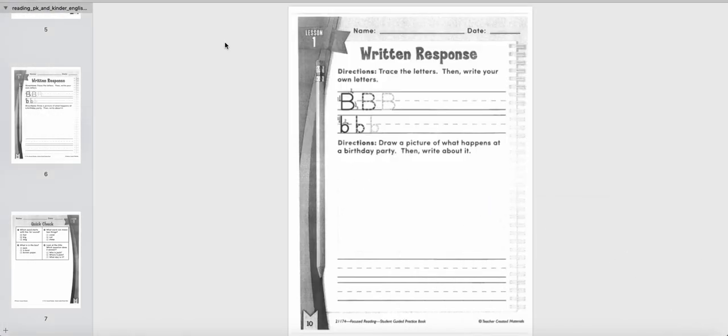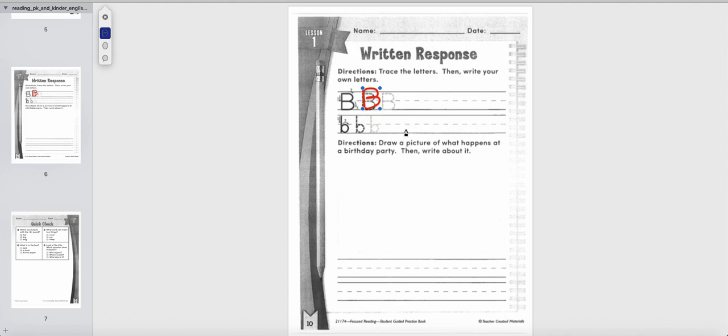Now let's look at our reading packets. For today, you're going to be working on the letter B. So it says, trace the letters, then write your own letters. So go ahead and trace it. When you're tracing the letter B, the uppercase, you want to start at the top, go down, and then you're going to make your